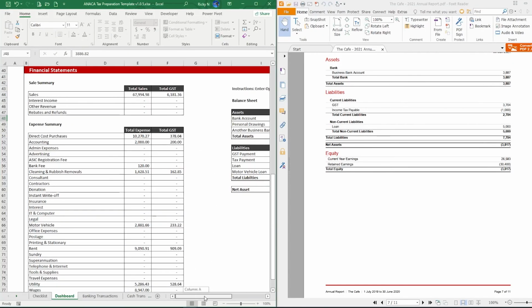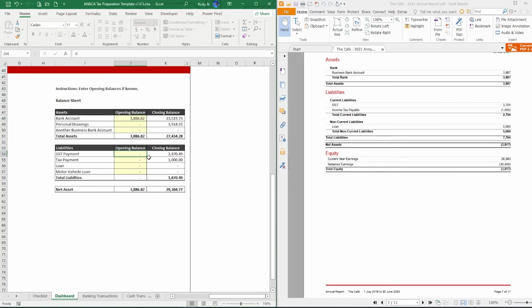Okay, so we need to say the GST payable would be $3,704, and in this case, there's an income tax payable or refund of $1,000. So we're going to represent the refund of $1,000, and the loan that we have on account would be $5,000.